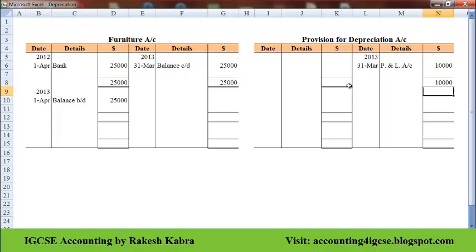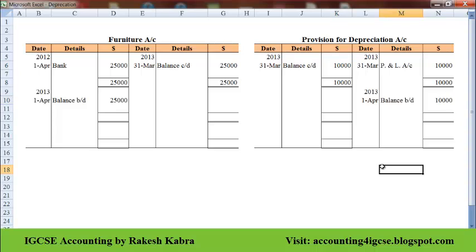Now the same way I will compute the balance here. Provision account will show which balance? Credit balance. The total of credit is more, 10,000, and I will write here balance carried down, on the last date, 2013 March 31st. Agree? Now this is the credit balance, and I will show it on 2013 April 1st, isn't it? Next year's beginning date. Agree or not? Balance brought down. This credit balance I will write on the credit side.